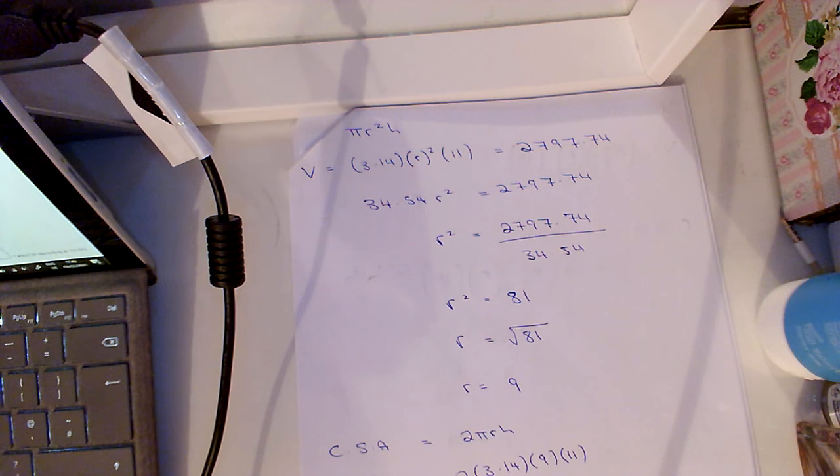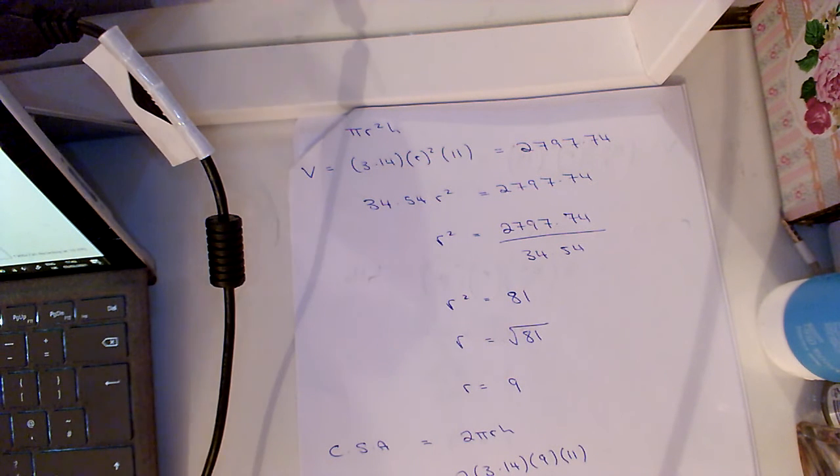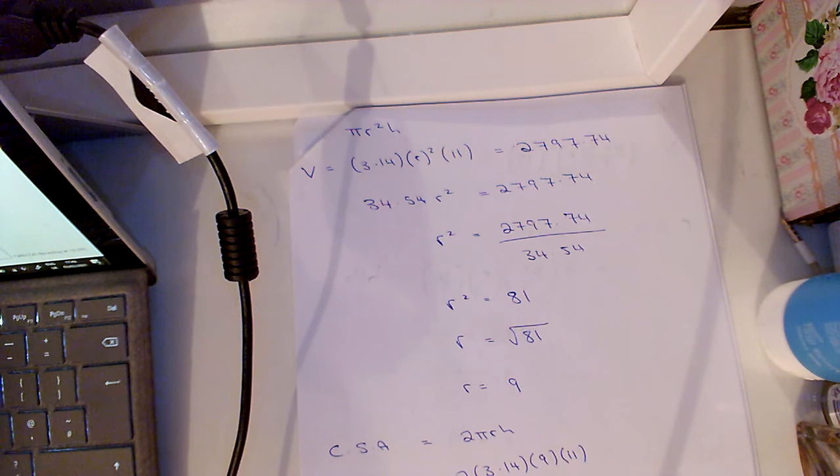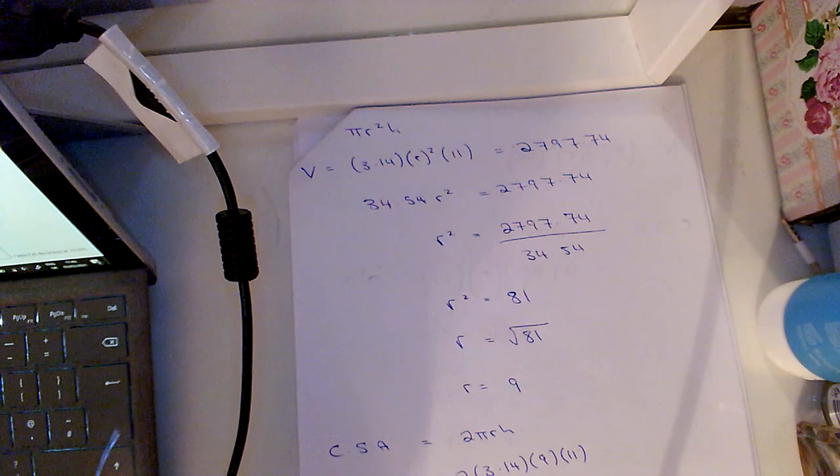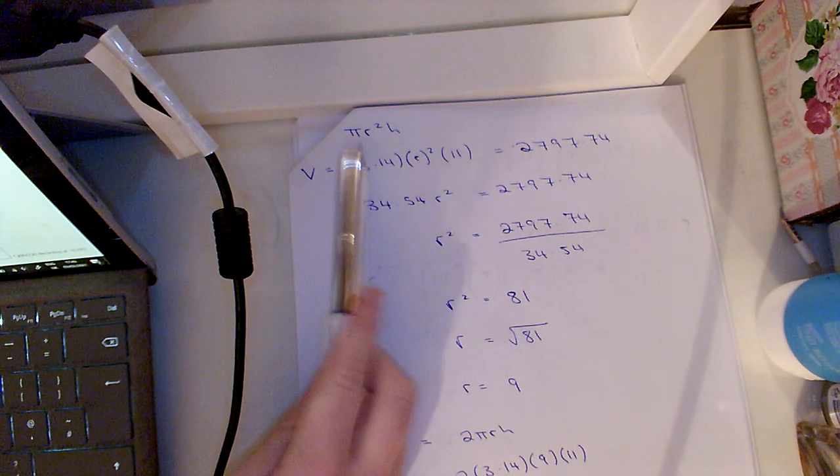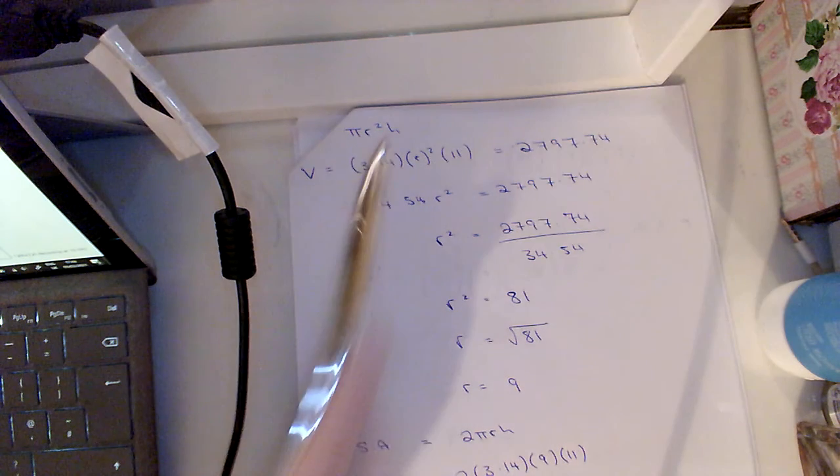On to part 2 then. I have pi is equal to 3.14. I don't know what my radius is. I know my height is 11 and my volume is 2797.74. So filling in, I have pi r squared h is my formula for my volume